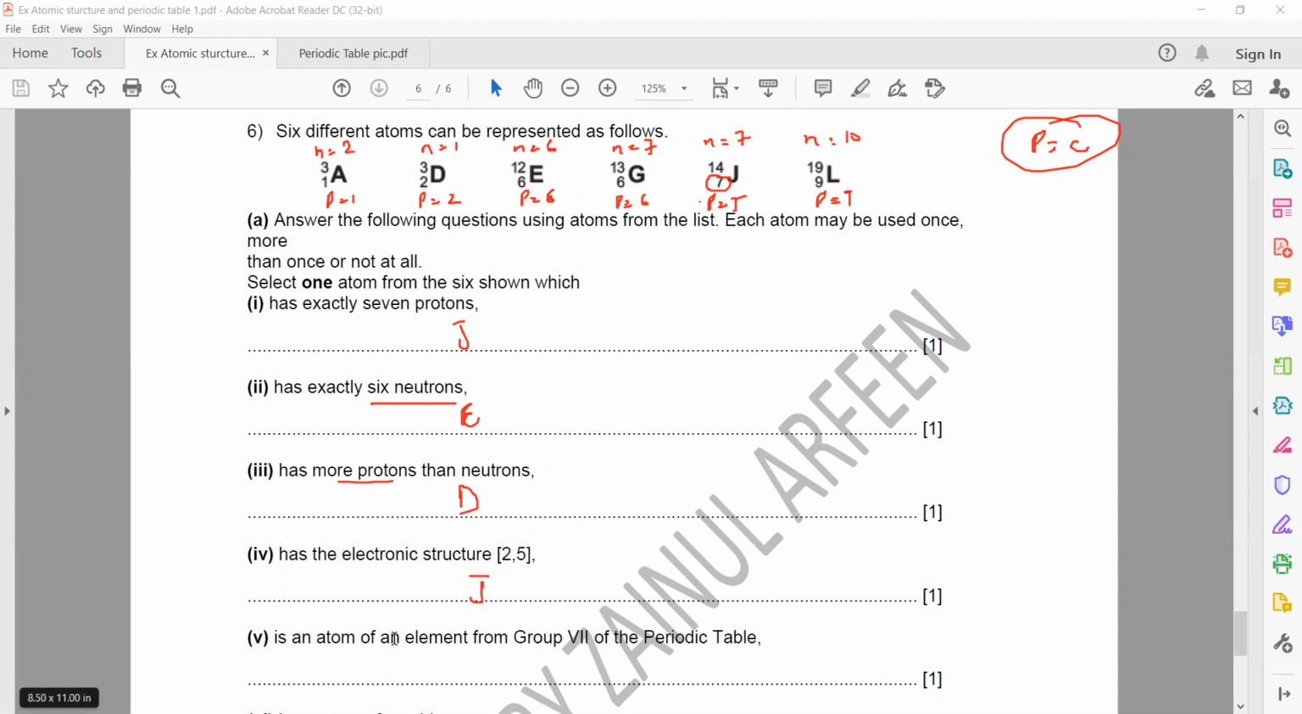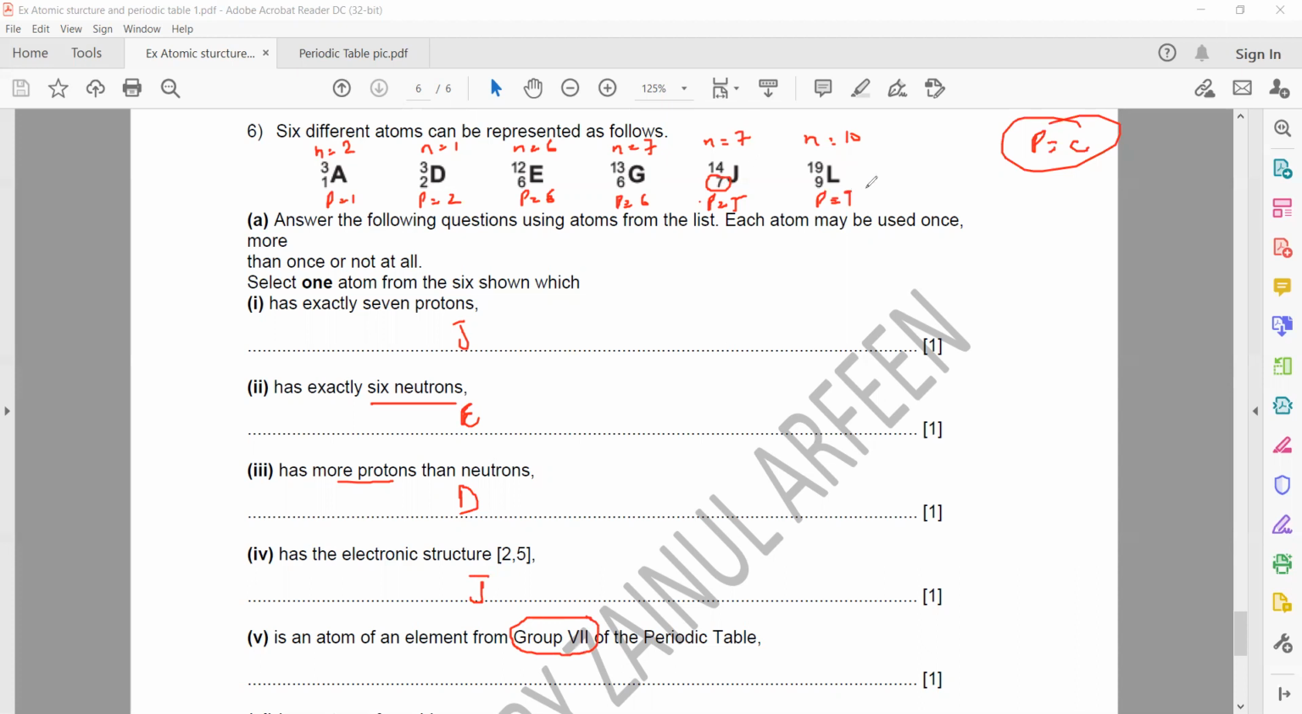Then is an atom of element from group 7. So how do we work this out? Because the group number shows the number of electrons in the last shell. So when I write the electronic configuration for an element which belongs to group 7,